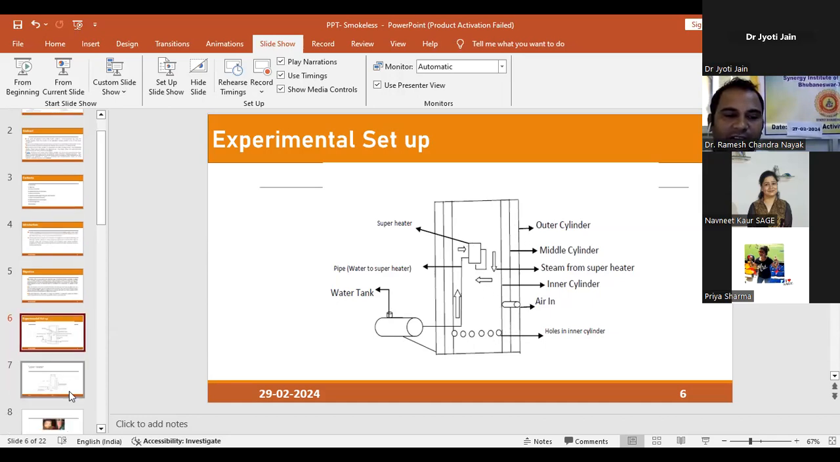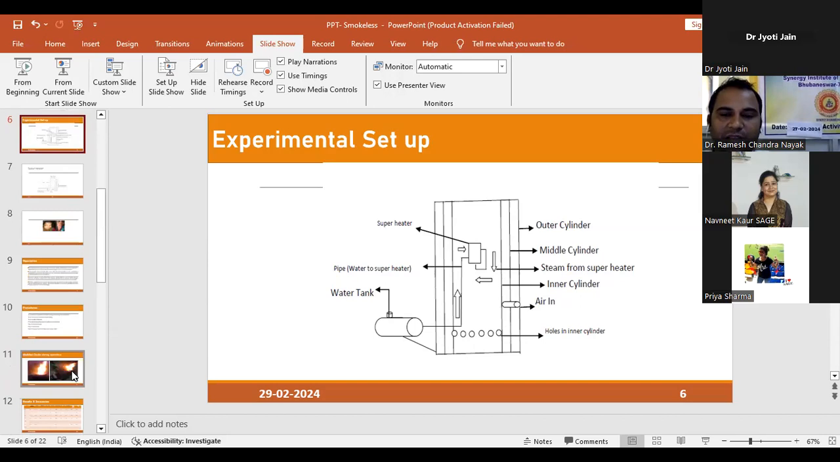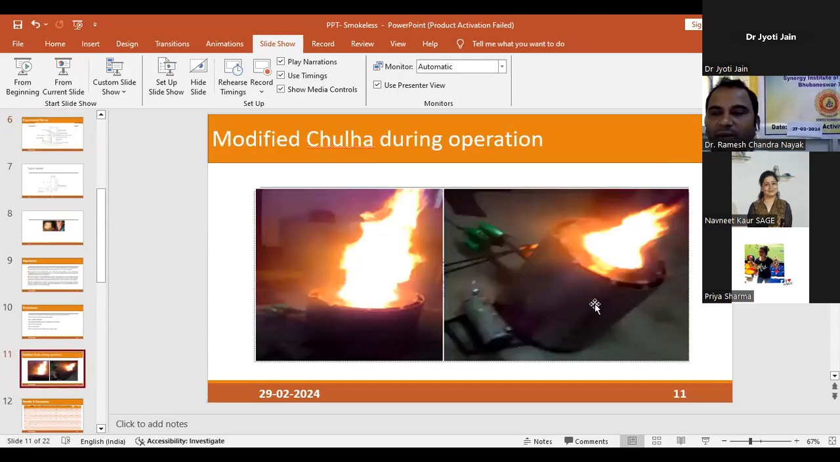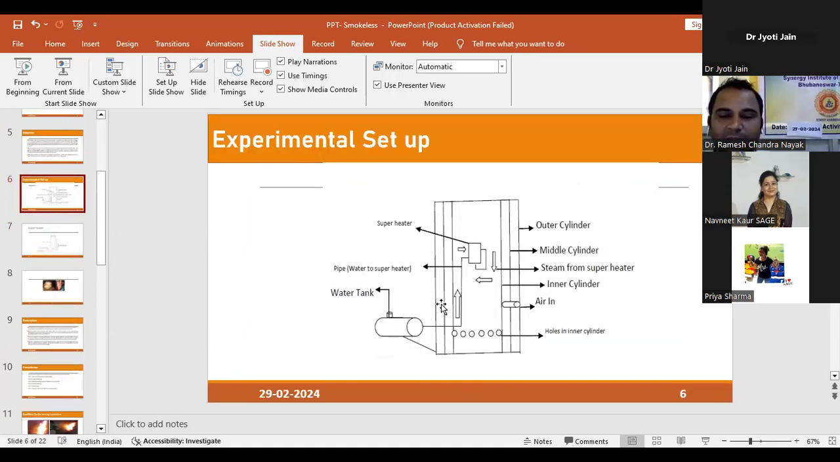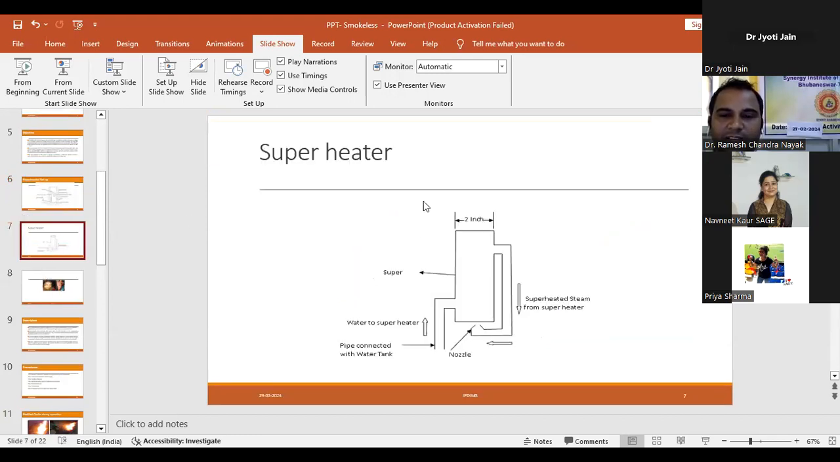This is the exact model of our design, and during operation, the flame is indicated in the diagram. Again, in our experimental setup, the major equipment is the superheater. The separate diagram of the superheater I placed here. The superheater is actually a cylindrical tube. The bottom end of the cylinder is attached with the supply of the water tank, and the